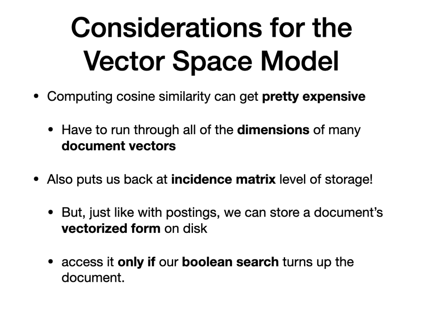So, some considerations, right? We want to talk about the possibilities here and the things to be careful of when you're going to do this. Computing cosine similarity is expensive. Like I said, you have to run through all the dimensions of all of the document vectors that you're working with. And it kind of feels like a step backwards, right? Oh, now we're just doing the incidence matrix all over again. Why wouldn't we just do all of our search using the vector space? You kind of could, but